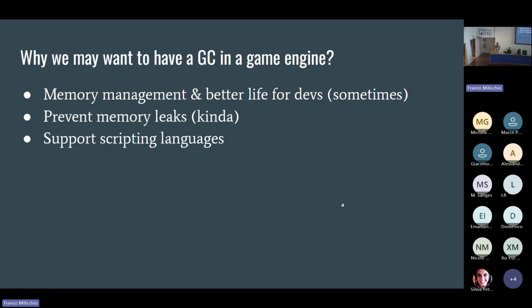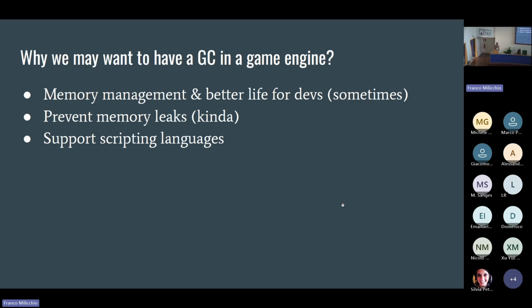So why would we want to have a GC in a game engine? First of all, memory management, because memory management is hard, and a GC makes your life better as a developer. It should prevent memory leaks, even though it is totally possible to have memory leaks in Unreal using the GC.